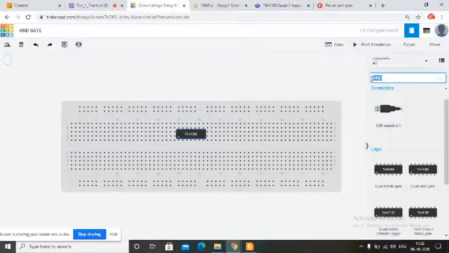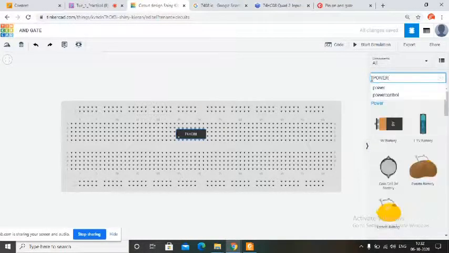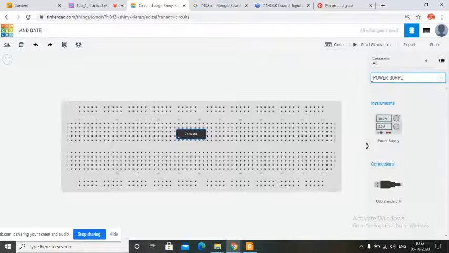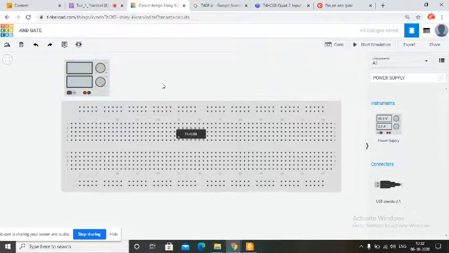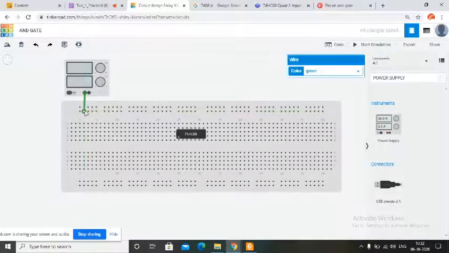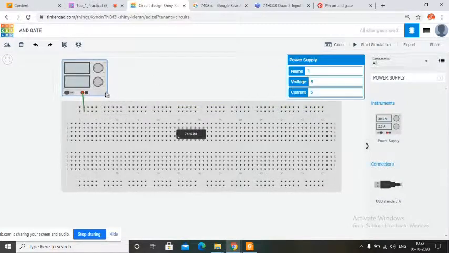So now you will need one power supply because you have to give supply to it. So let us use one power supply. So this is the power supply. Try to place the components in such a way that the minimum length of wire will be needed, right? So in this case, you will place the wire. This red dot will be connected to this. Red means positive, black means negative, right?